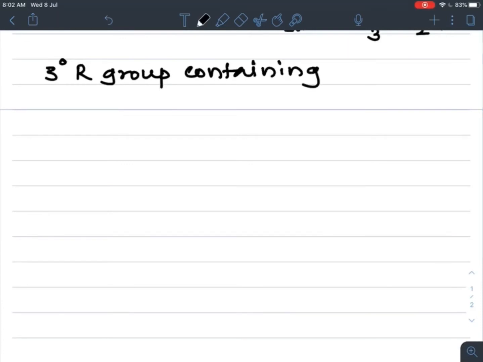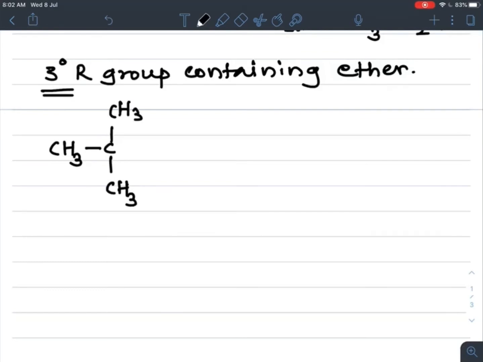Now in the case of tertiary alkyl group containing ethers, how does the reaction take place? If the tertiary alkyl group is present in the ether, we take the example of a tertiary butyl group. This is the tertiary butyl group attached to the ether with a further CH3 group. When it is treated with hot HI, reversibly it gives: